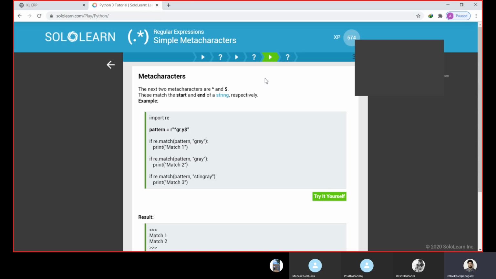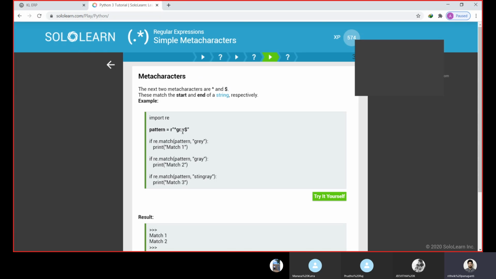Another meta characters we see are the starting and ending of the string. The end of the string is given as a dollar. So here is a pattern: the raw input must start with gr dot y, and then the end of the string. Let us execute this. So re.match of grey.